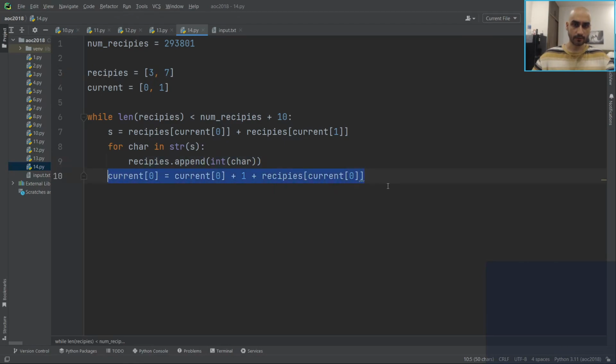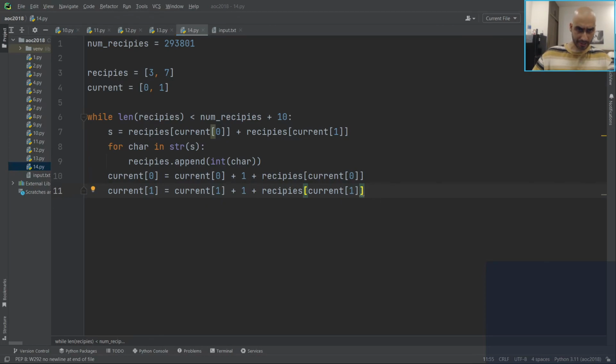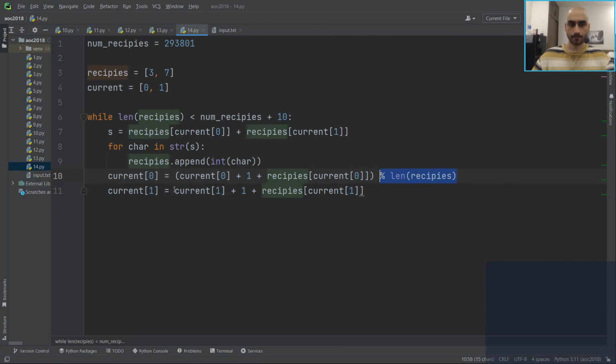And the same for current 1. But we need to modulo the length of the recipes so we don't roll off the end. Alright, so when that's done,